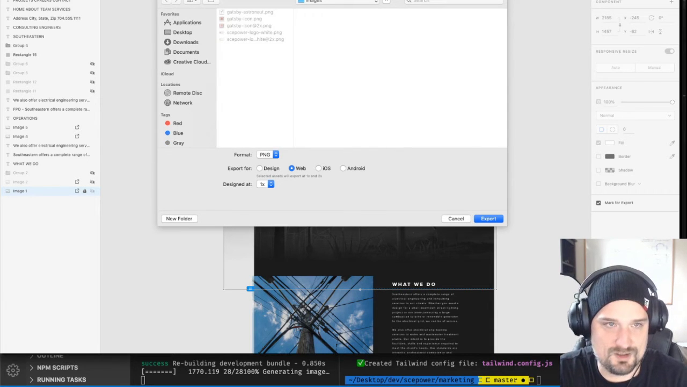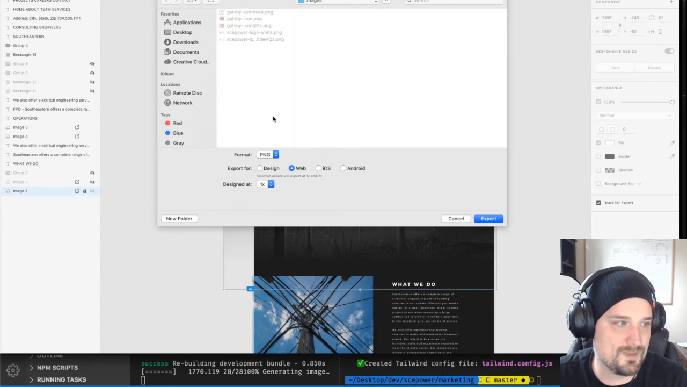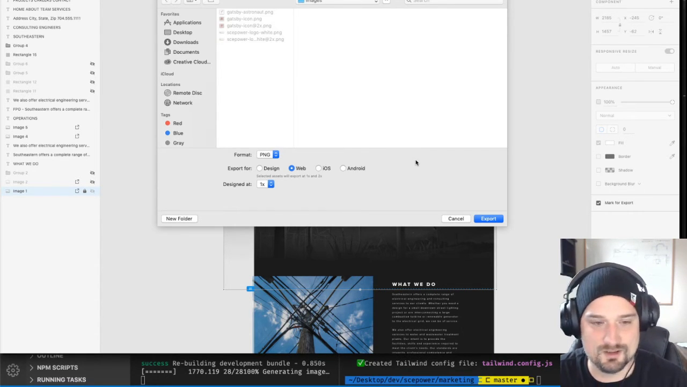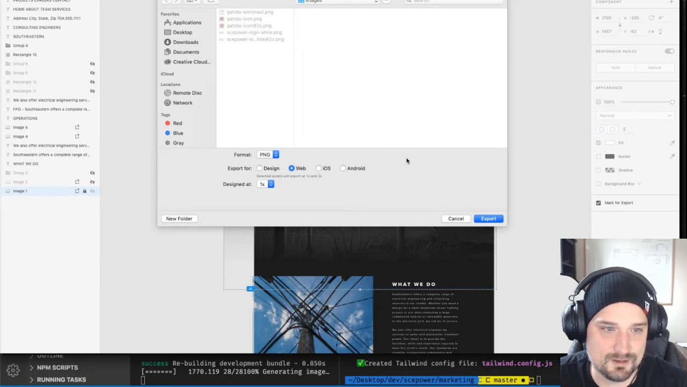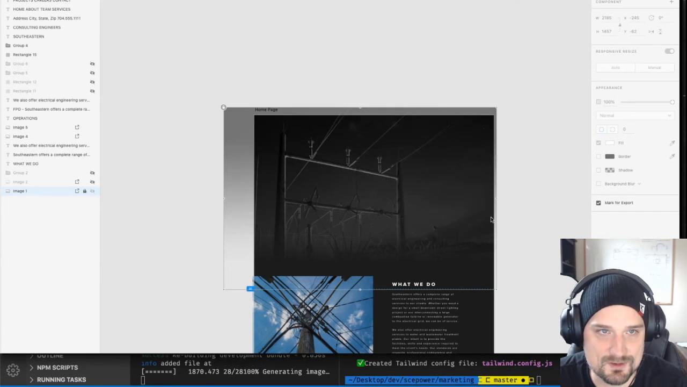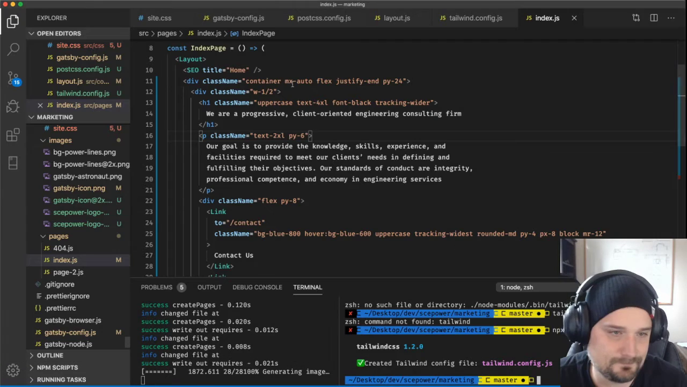Let's do BG power lines. There's probably going to be several background images on this, so we'll want to make sure that we keep them separate, named not like BG homepage or BG whatever. We'll do them by kind of what they are. So we'll export that. And then I can come into,